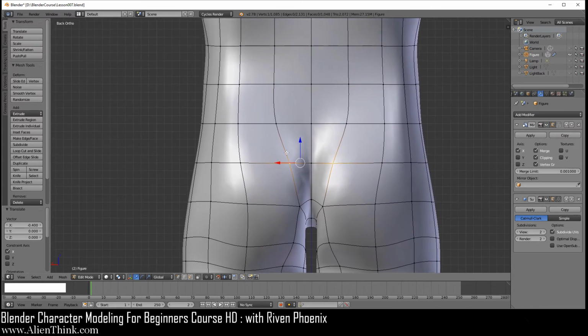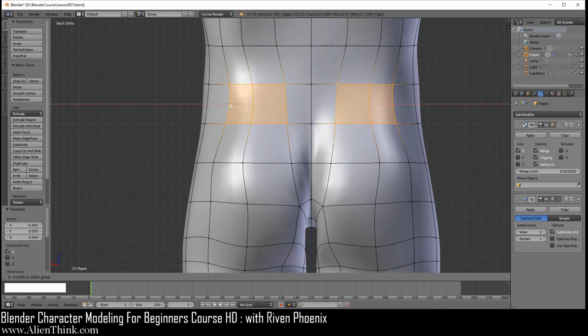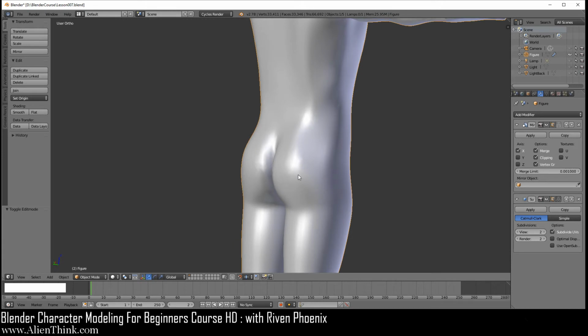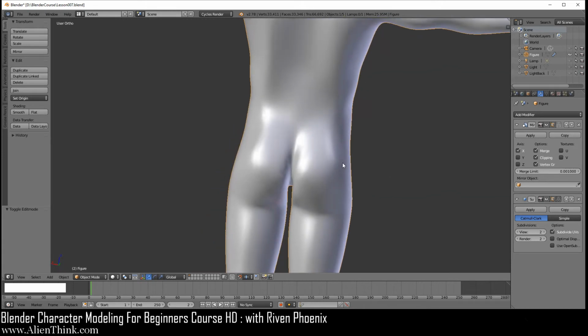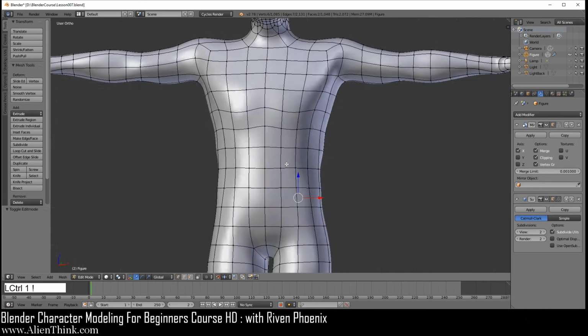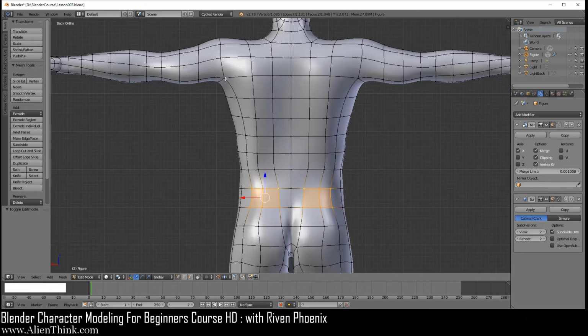So right over here, right where this was selected, you're just going to select these 4 guys over here. I'm going to do 1 and then 2 to bring it in. If I do tab, you can see that we're just getting this area defined for later. Okay. So again, these are all landmarks. So I'm going to do 1 and Control 1 to stay over here. So here you see that you have this edge over here.